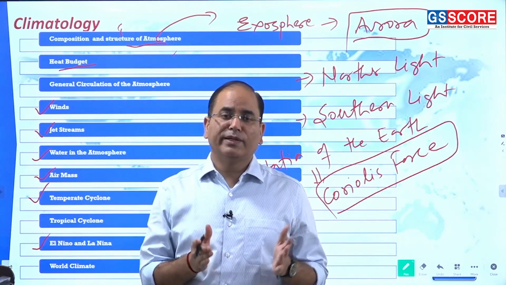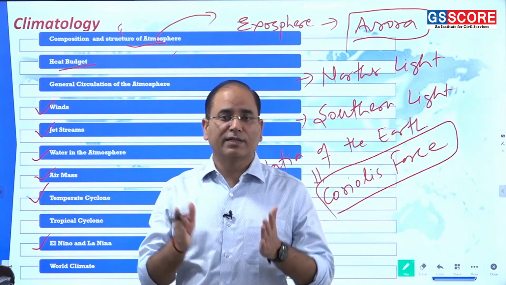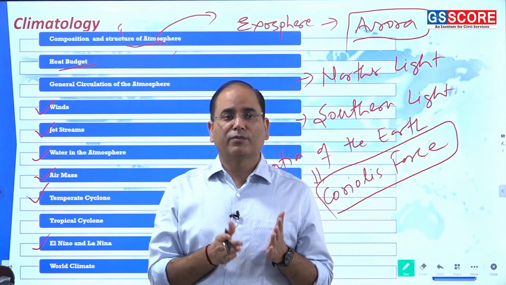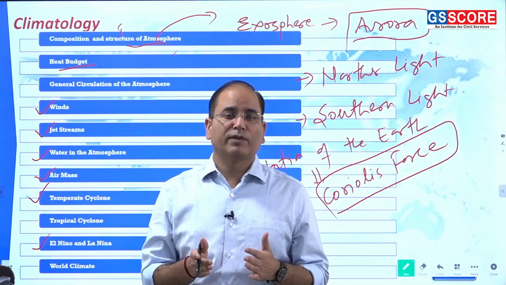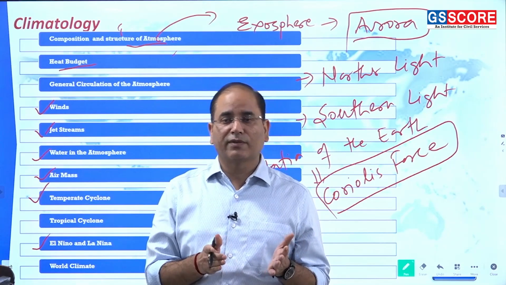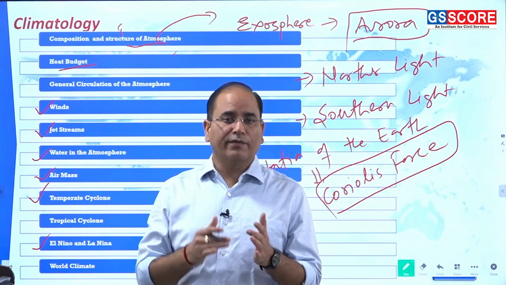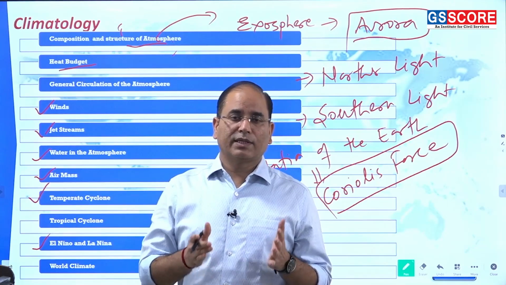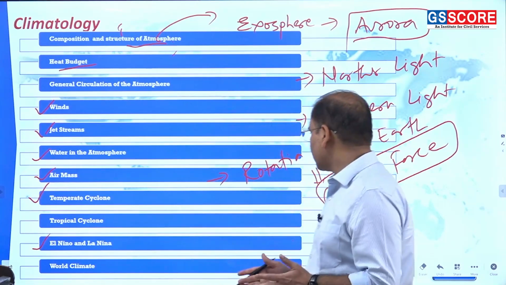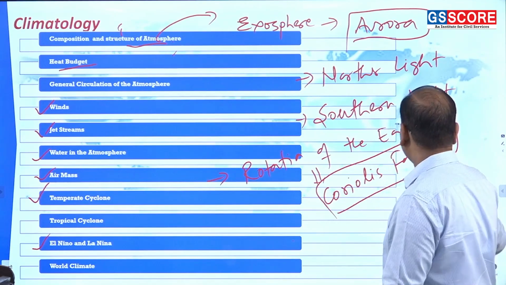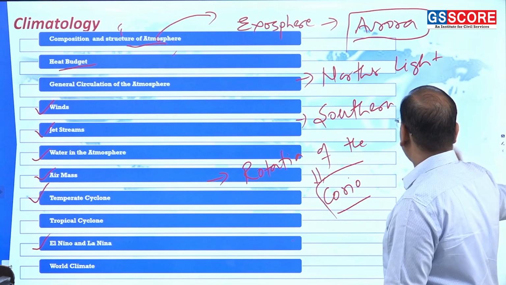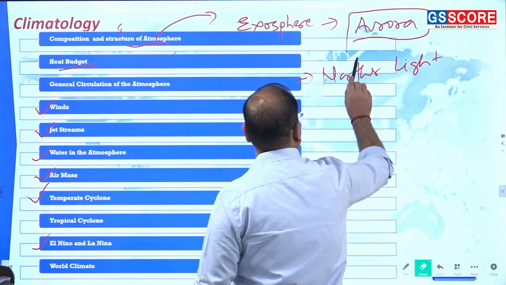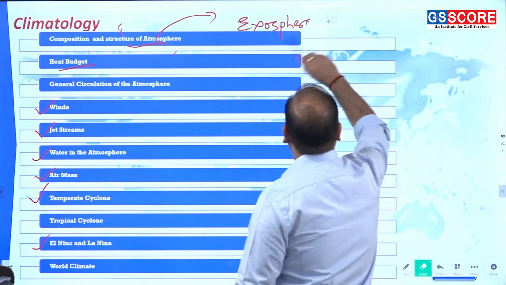So movement of the wind gets affected, movement of jet stream gets affected, movement of cyclone gets affected, movement of storm gets affected, movement of twister gets affected, movement of hurricanes gets affected. So every freely moving thing on the earth surface gets affected by this force that is known as the Coriolis force. The last topic that you are supposed to study within the climate is the world climate,